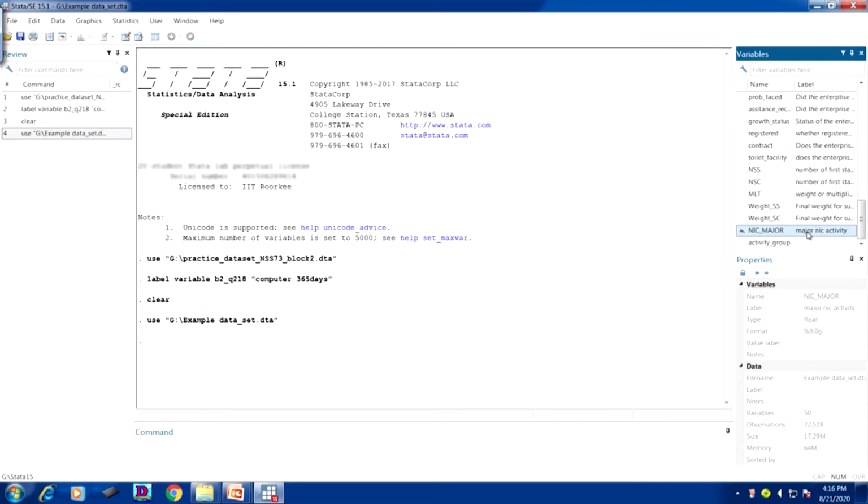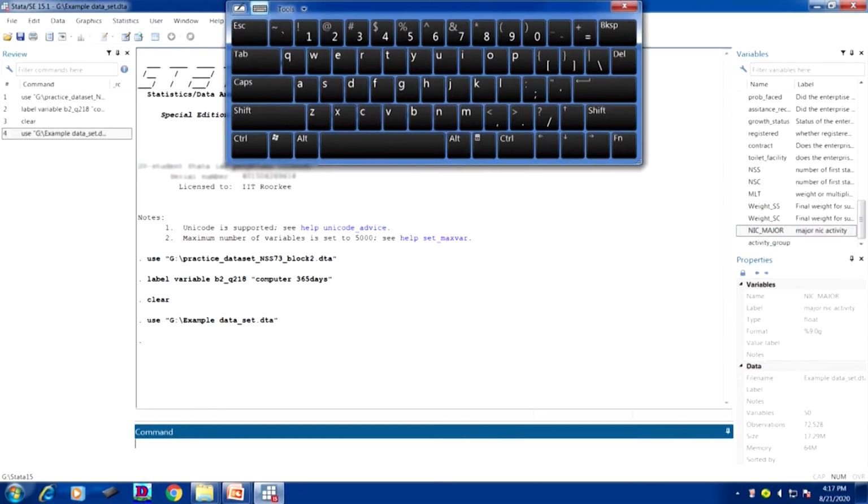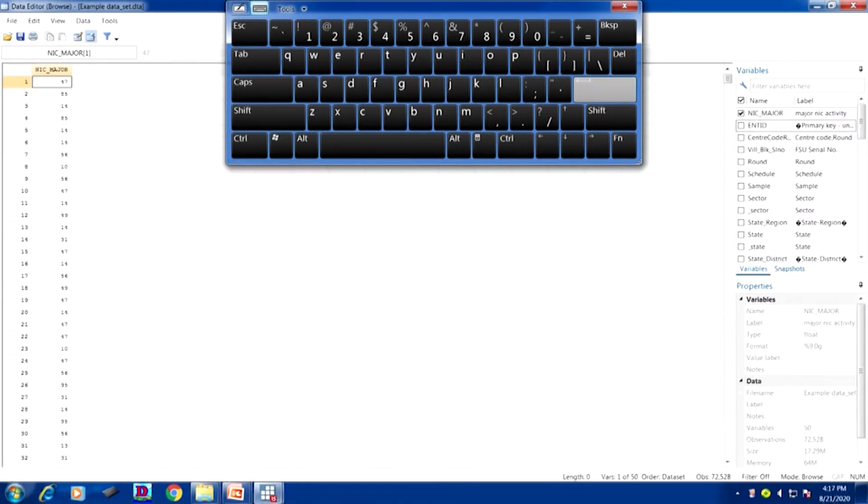Now, major NIC activities we have labeled accordingly as per our own understanding, but if you wanted to do it, you can, but you need to check which digit level it is available in. You can check this variable NIC major on your own.